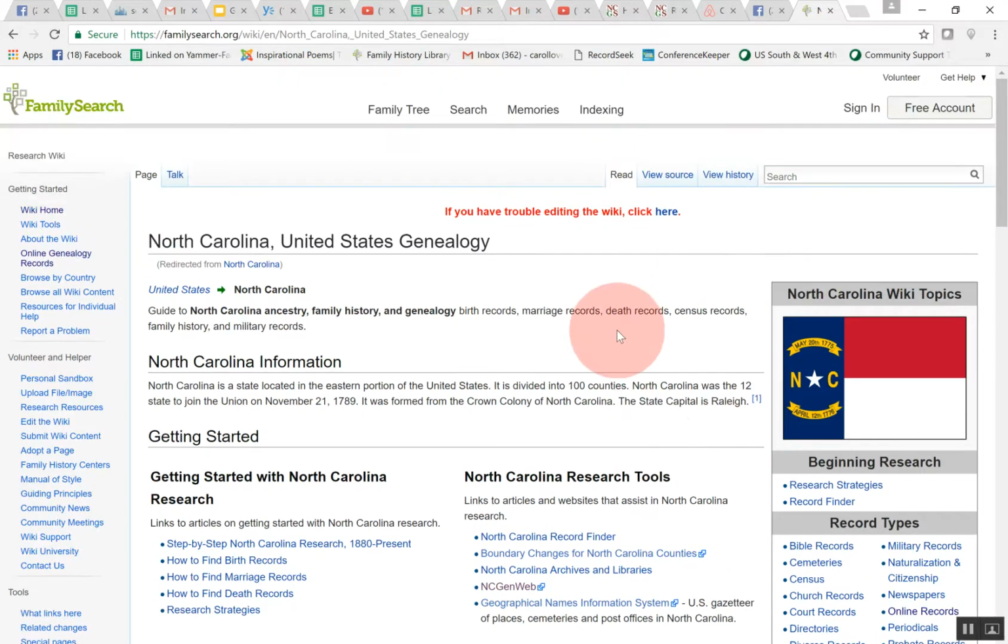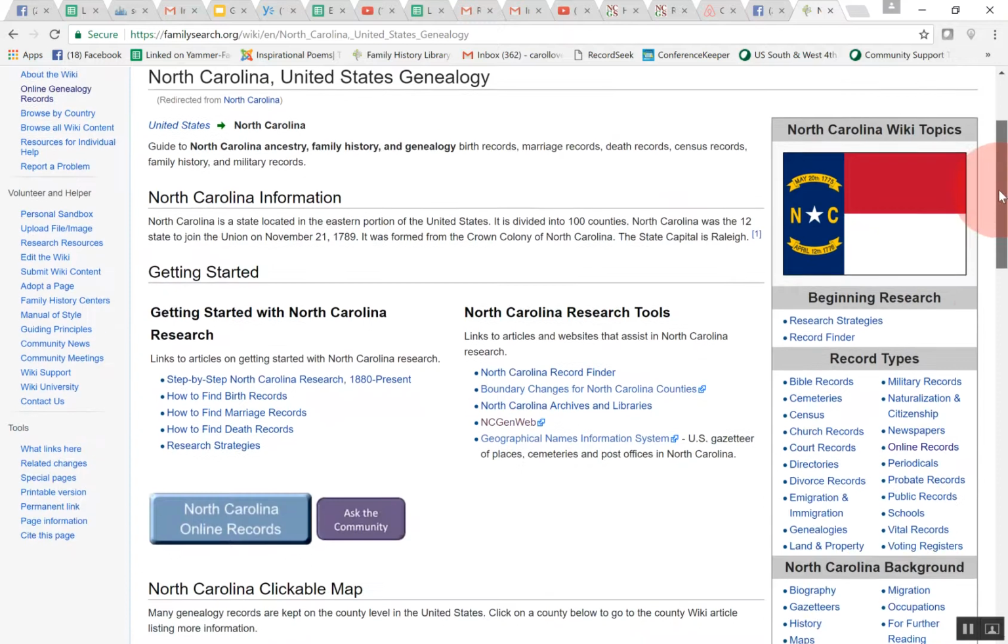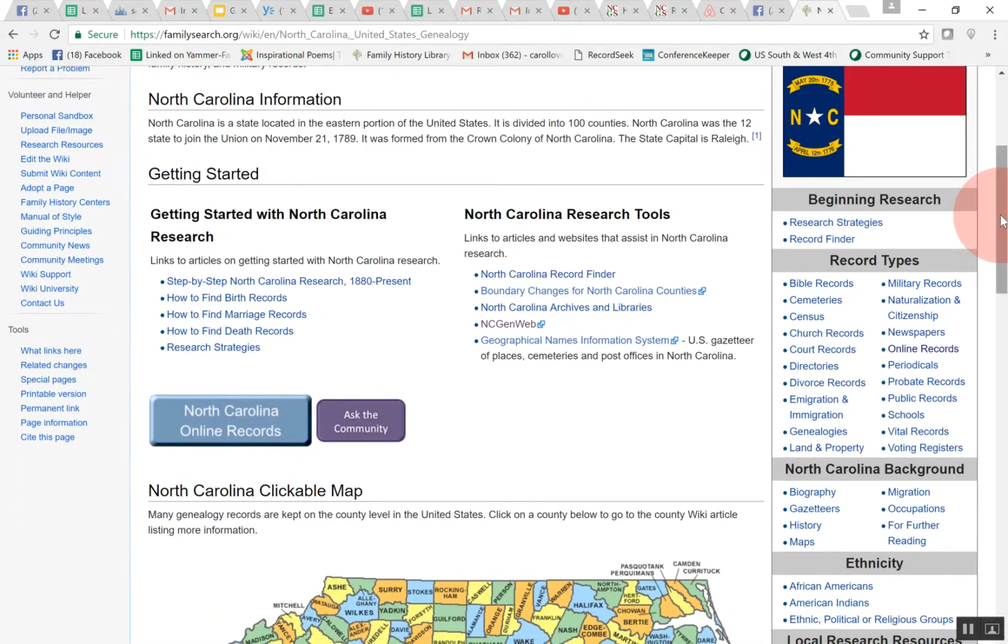So this is the Wiki page for North Carolina, and it has so many helps. There's getting started with North Carolina research. So if you are new to North Carolina, it has step-by-step North Carolina research, 1880 to the present. And then what's really nice is you can, for instance,